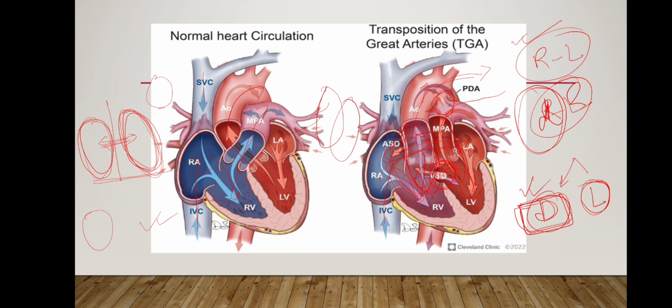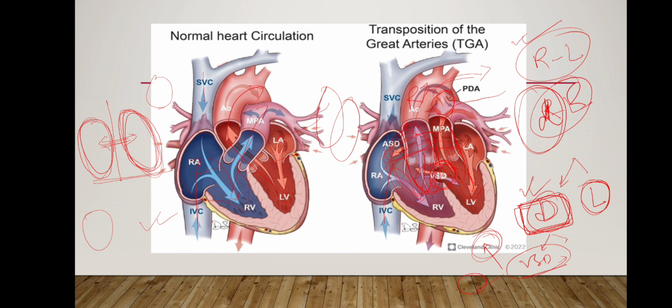And in DTGA, the aorta is anterior to the pulmonary artery and also right to the pulmonary artery. That is called dextro TGA, or DTGA. And DTGA is divided into two types according to the presence or absence of VSD. In absence of VSD, the child has more cyanosis, and in presence of VSD,